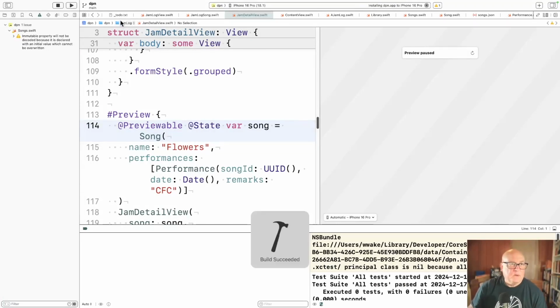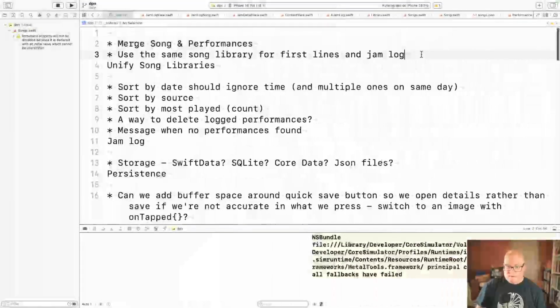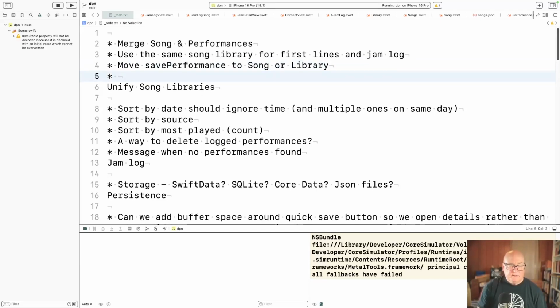Let me record that question. That issue. And then coding keys for songs to remove warning and rename under songs.